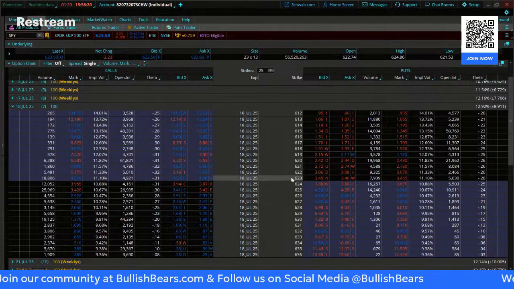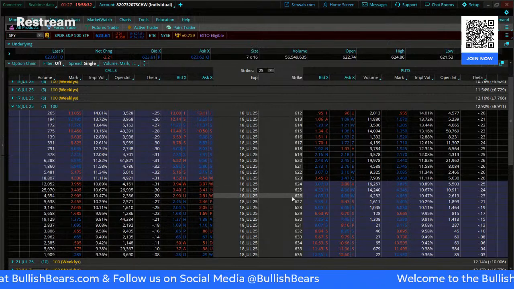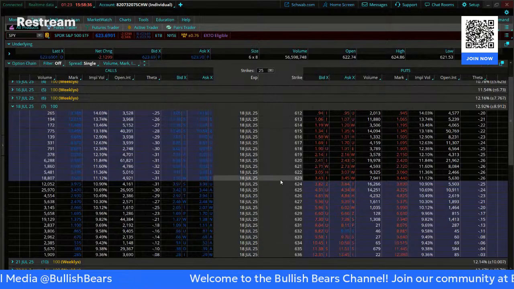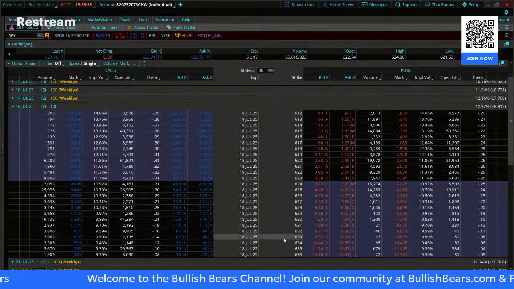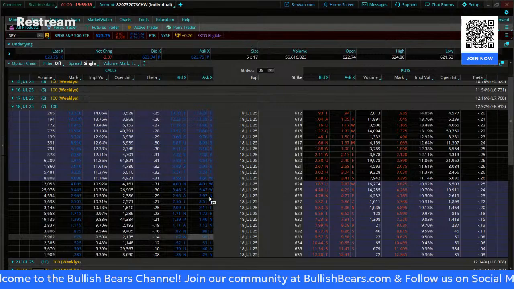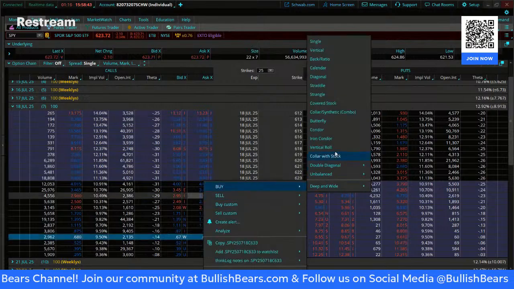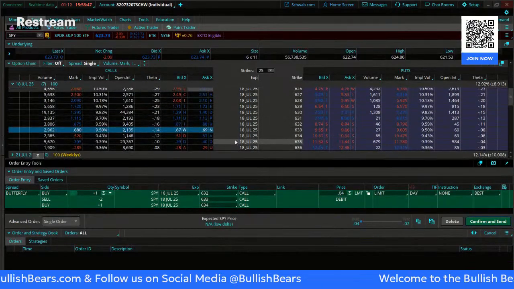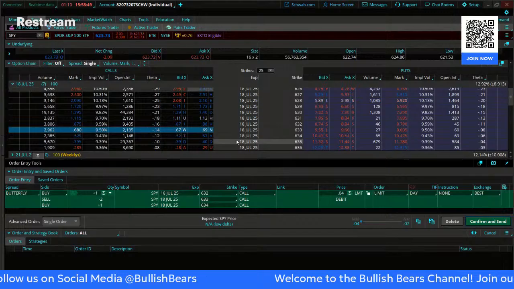And we'd look at where we are coming into the close. We're basically at 624. We'll round up to 624. Take $9 farther out of the money from 624, and we get 633. That's where you would want to build your call butterfly. And then you just make it as wide as you want.